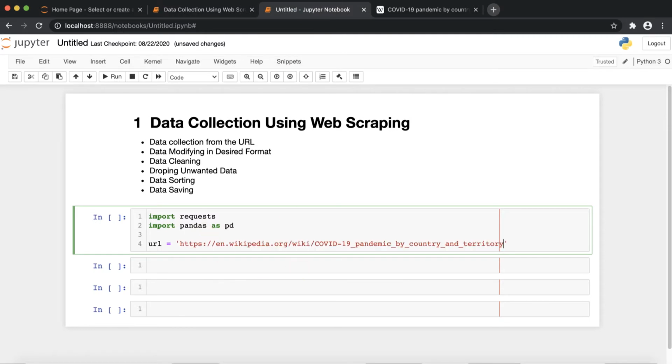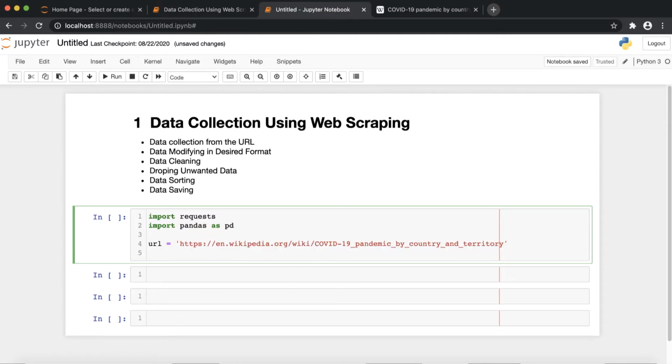Here we are going to fetch the data from this Wikipedia site, and we store that data in a request object. For that you just need to write requests.get and pass the URL.